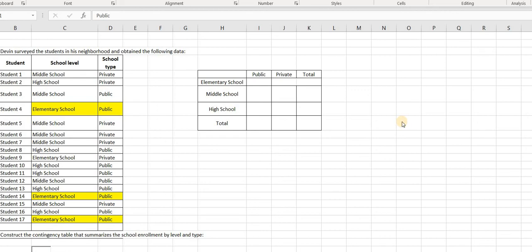Sometimes we can collect qualitative data or categorical data based on one or more categories, like this set of data. This set of data was collected by Devin after he surveyed the students in his neighborhood and obtained the following data. So we have two categories here to organize this data with, which is the school level and the school